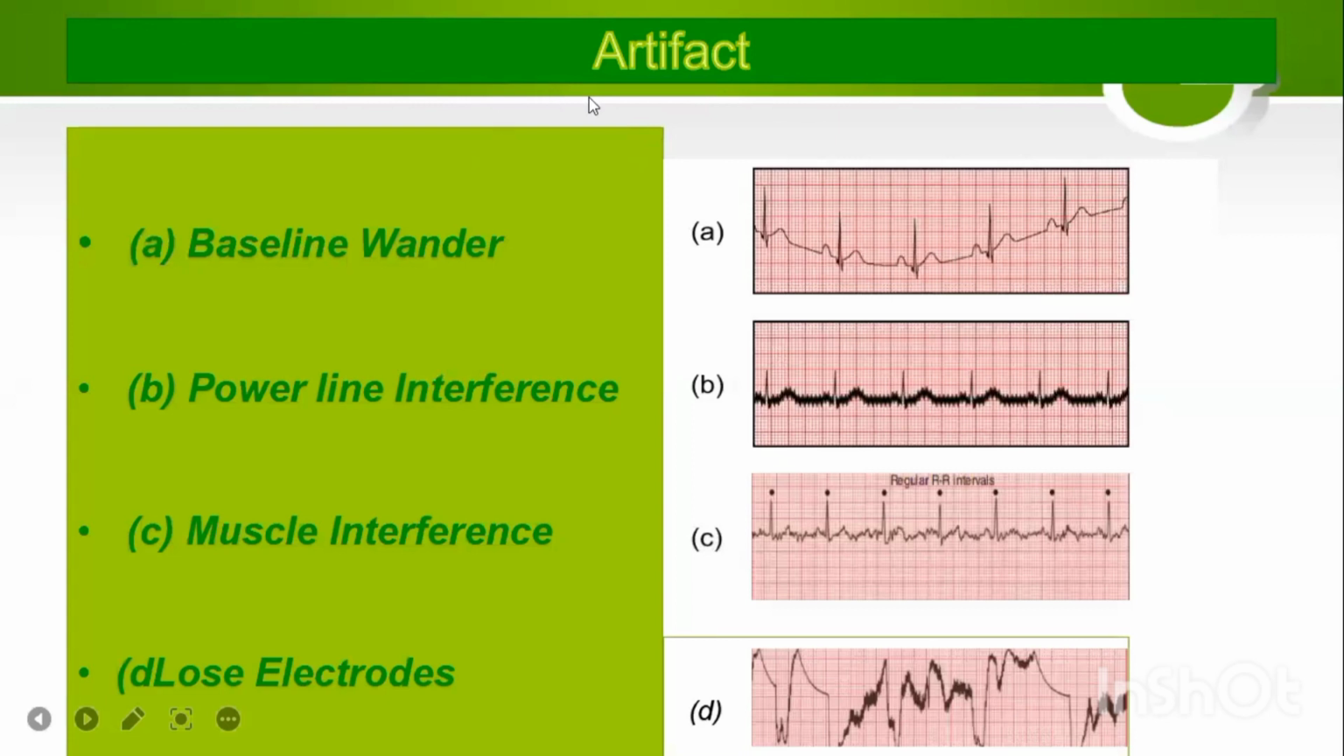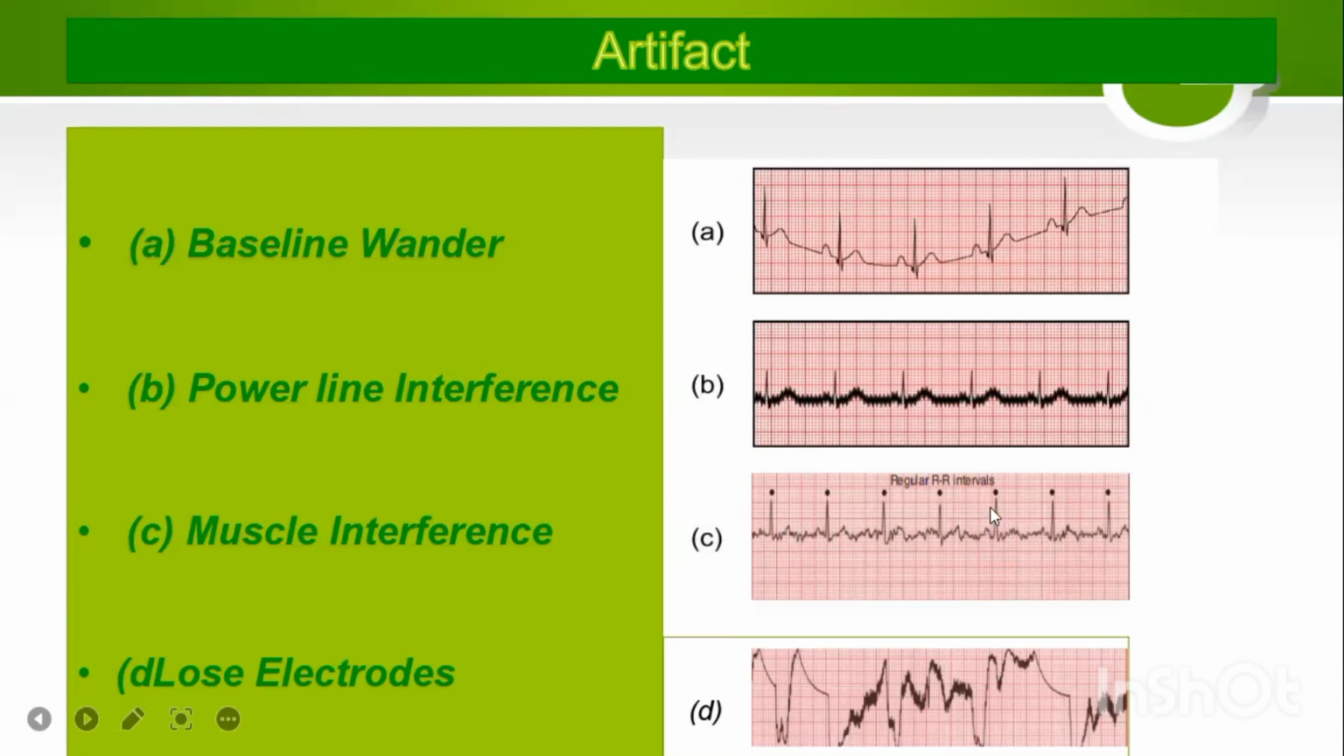Now we talk about artifacts. In artifacts, we differentiate some types of artifacts, like baseline wander. In baseline wander, I can move the line of baseline by a pin. The second, number B, is power line interference, like telephone or wires or monitor. These are the causes of power line interference. Then muscle interference, like in case of Parkinsonism,